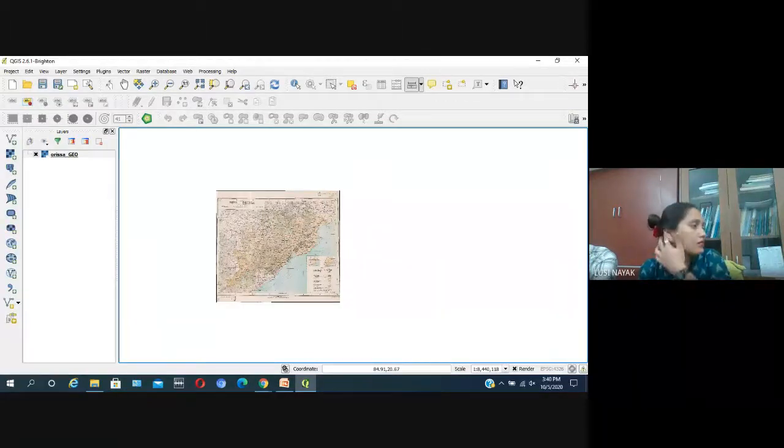And most of you are having some problems, so I am repeating the whole process again. Yes, Abhipsa Kaur, you are using the 2.18 version, so it is better to install an older version. 2.18 is okay, no problem, but you can better go to the 2.6 version. I hope some people are having problems due to their own laptop or operating system issues. You just uninstall and again install QGIS. Okay.